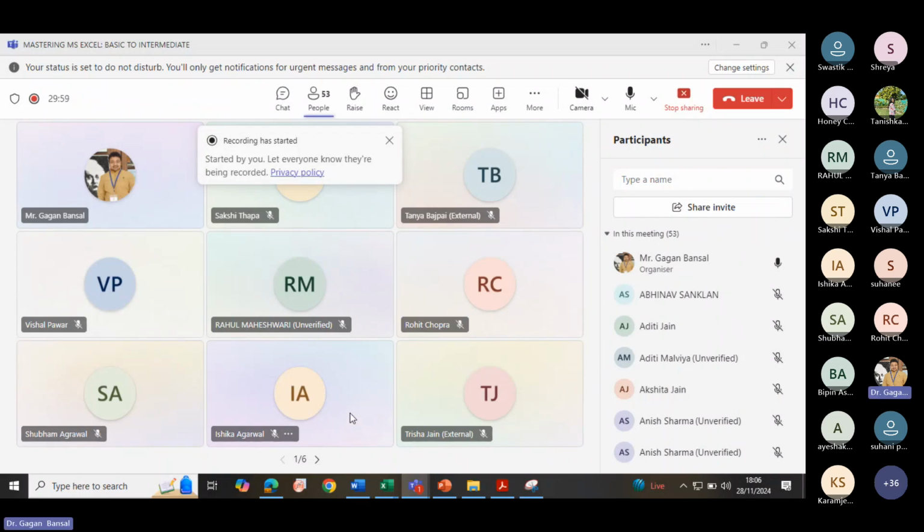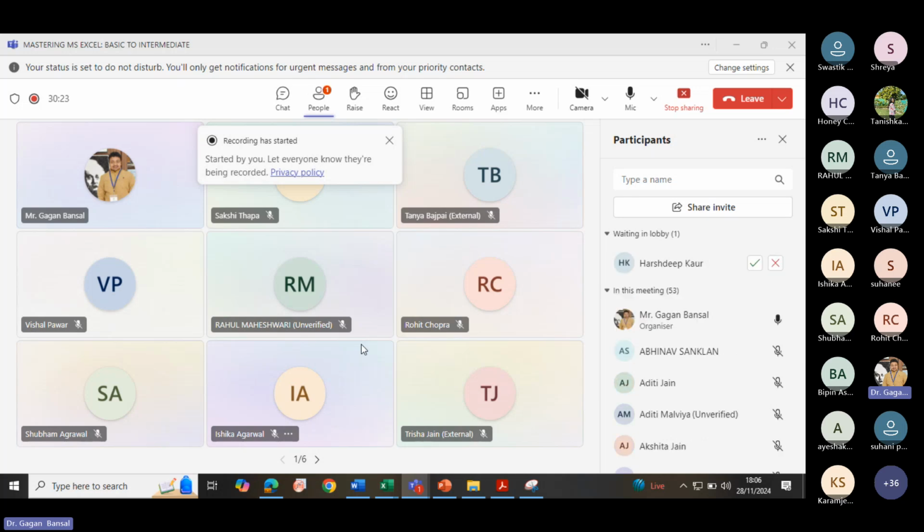So strict decorum is expected from you. Only if you have any kind of query, you will place your queries in the chat box, or you can WhatsApp me. WhatsApp is continuously running on my system. I'll be taking a few of the things, and after this, in every session, I'll be taking a few of your queries also. And everyone who sent me a WhatsApp regarding various queries in the last session, I think I have addressed